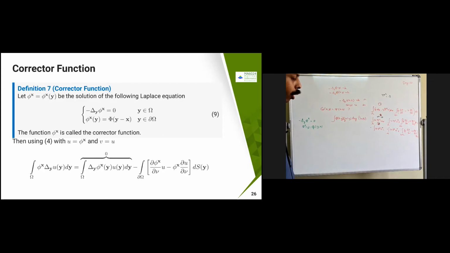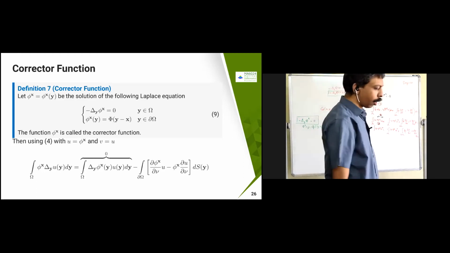This is going to satisfy some identity, and we are going to derive that identity. Combining the solution of this one and the solution of this one, I'm going to take these two functions and construct this g of x comma y. That's the idea. Using these two, I'm trying to find del y of g of x, which is going to be the difference of pi of x minus y minus pi x. That's what we are going to apply.